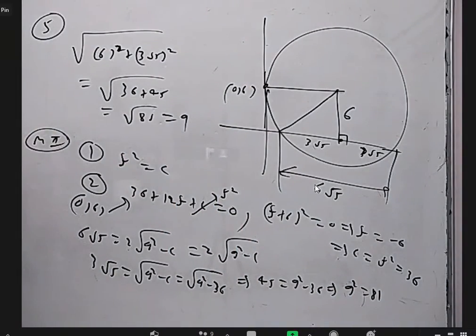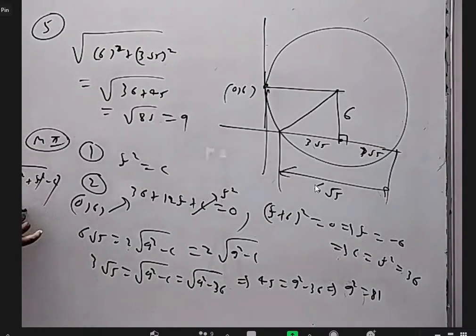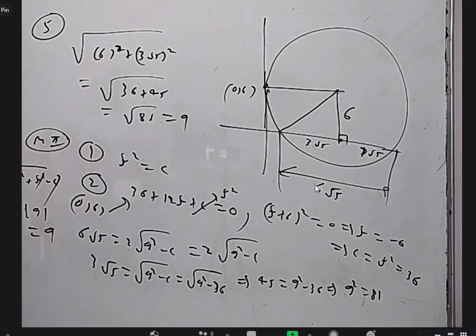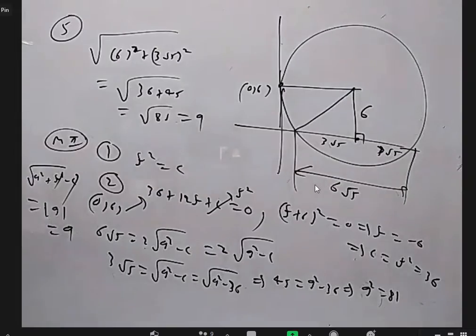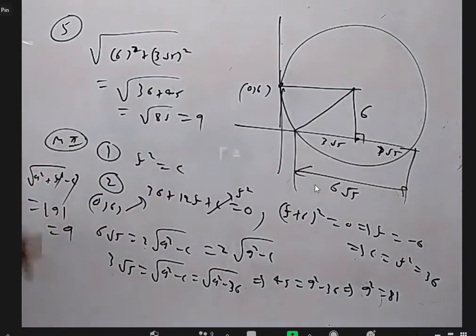And what about the radius? Root over (g square plus f square minus c), and f square and c are the same, so they'll cancel. You'll get root g square, which is mod g. g square is 81 means mod g is 9. Right? Okay. So you can do it from the figure very easily. If you want by formula, a little more work. Even in intermediate, we have this kind of question. We do by the second method, but I prefer the first.